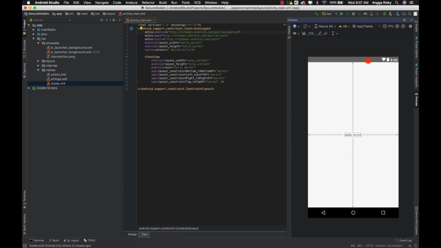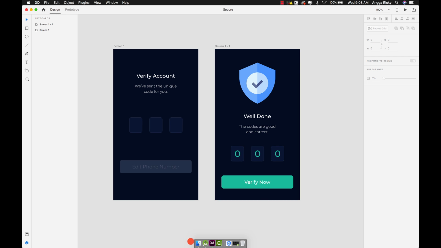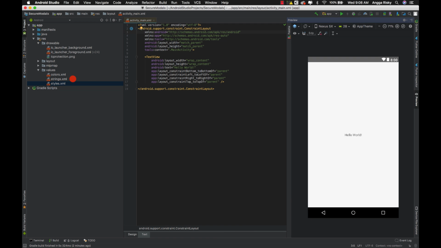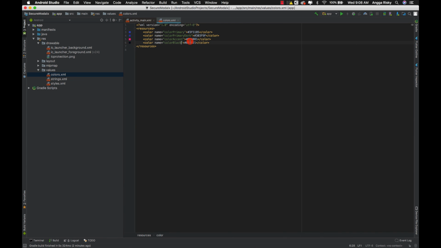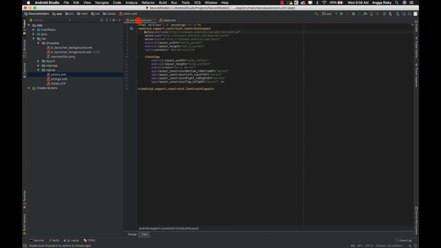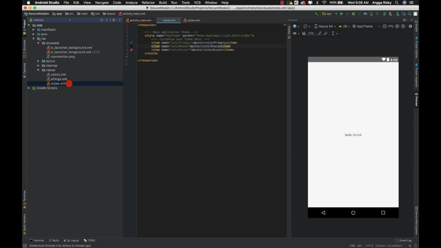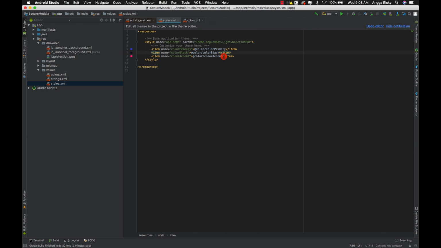But the problem is the color is not really the same as the way I did it in Adobe XD. So I want to copy this, come here, go to styles, and redo this.